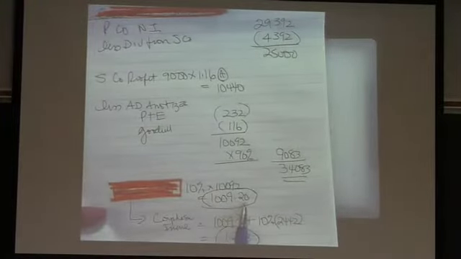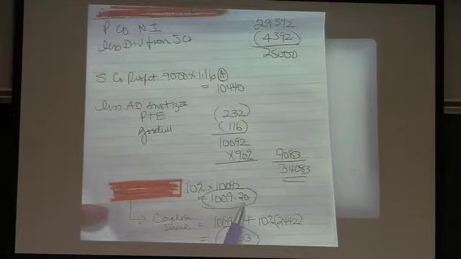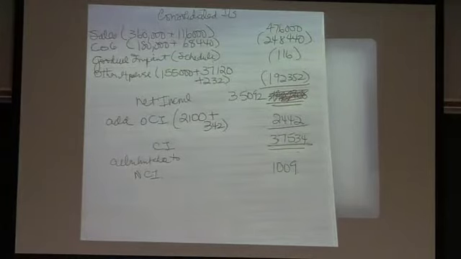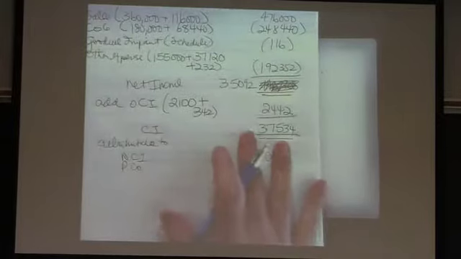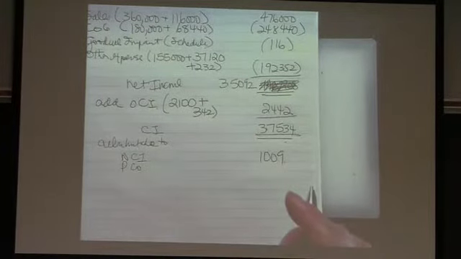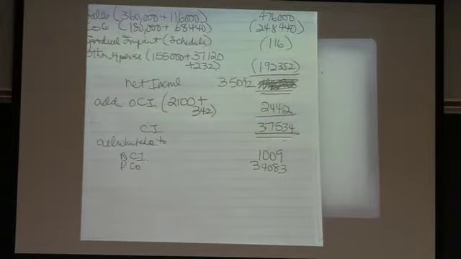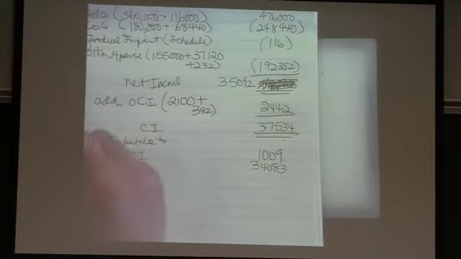Yeah, it would be 1009.20, right? Okay. And then controlling interest, so P company would be 34,083. Okay? So this is net income